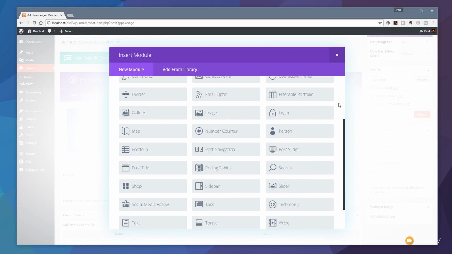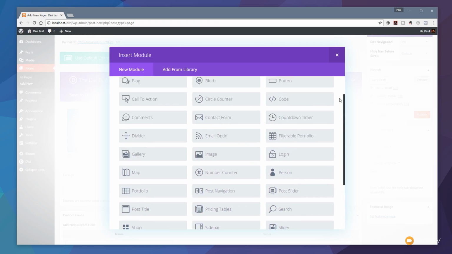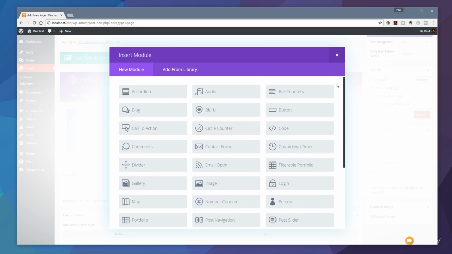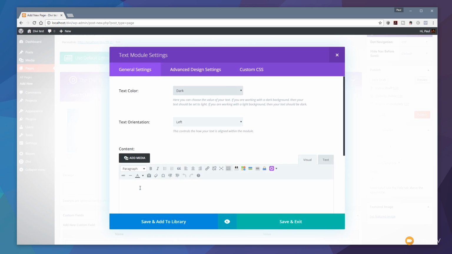Divi ships with quite a few different kinds of modules. So you can see we've got all the normal ones like text ones, we've got video, testimonials, sliders, search options, pricing tables and so on. So there's a good array of different options that we can put in there. So let's just come down and start off with the one we normally work with to start with, and that's the text block. So we click, insert that in there, and you can see that brings up the normal editor